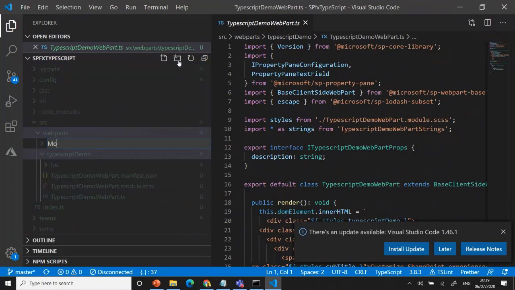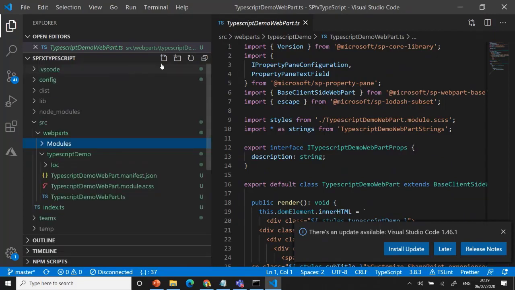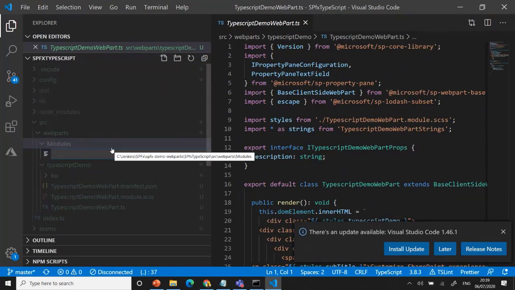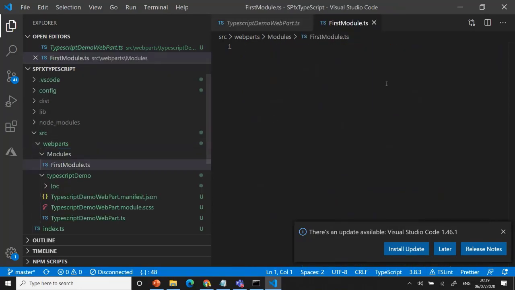I'll use the modules folder and I create a new file. We can say whatever it is, employee or whatever the module is, first module .js. Okay, sorry, .ts. Always TypeScript, right? .ts.